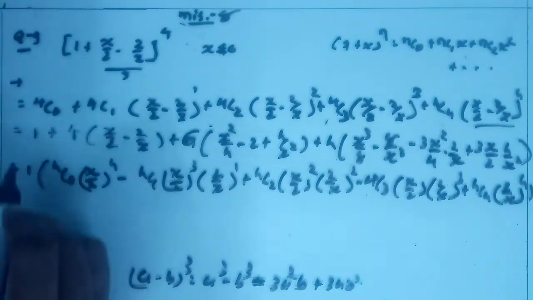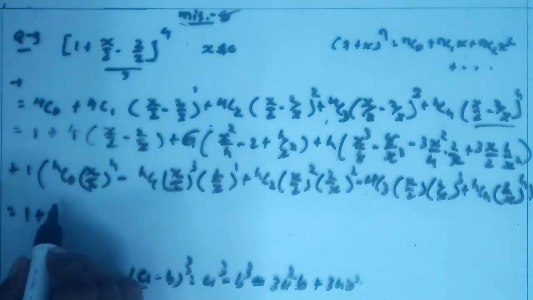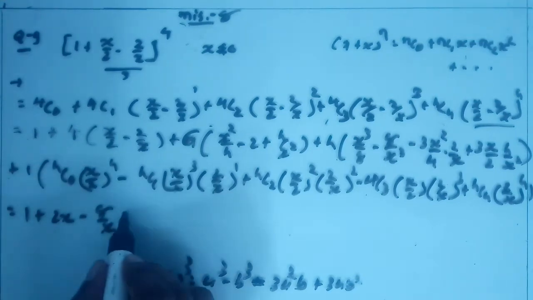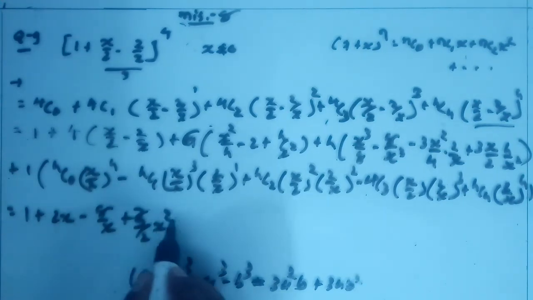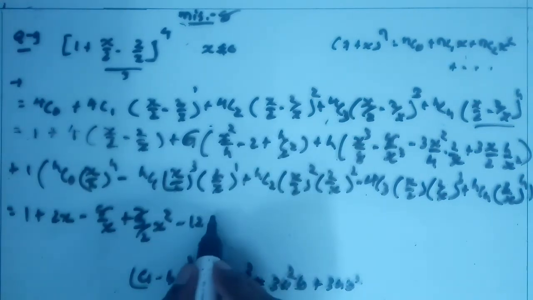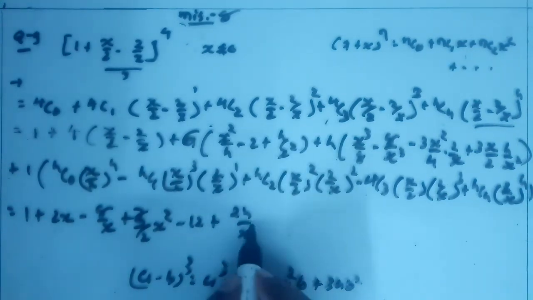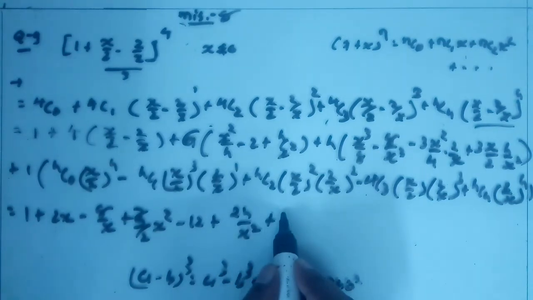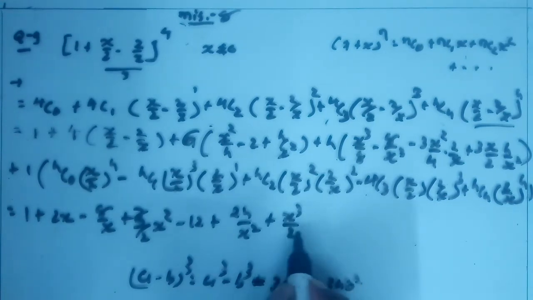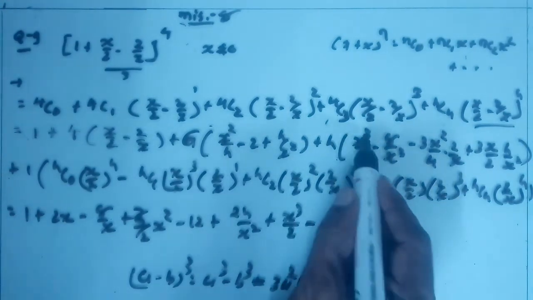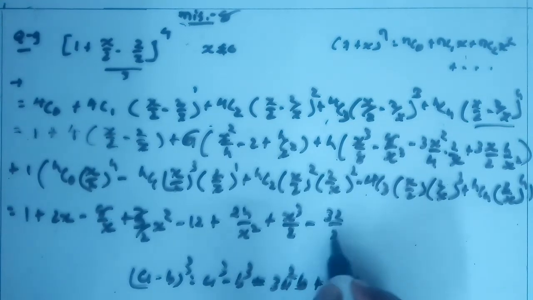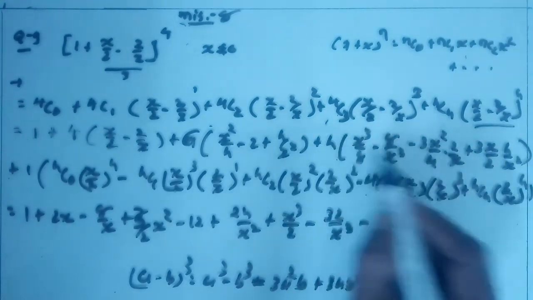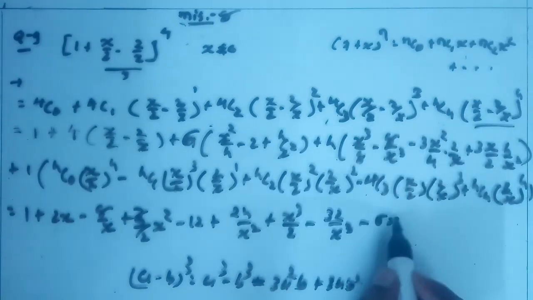Now simplify this. 1 plus 4 take inside, so 4x upon 2, that is 2x, minus 8 upon x, plus 6x square upon 4, that becomes 3 upon 2 x square, minus 6 into 12 plus 6 into 24 upon x square, plus 4 take inside, so x raised to 3 upon 2, minus 4x raised to 3 upon 8, that is x raised to 3 upon 2, minus 8 into 4, 32 upon x raised to 3, minus, here 4 cancel, 3 to 6, 6x square, okay,